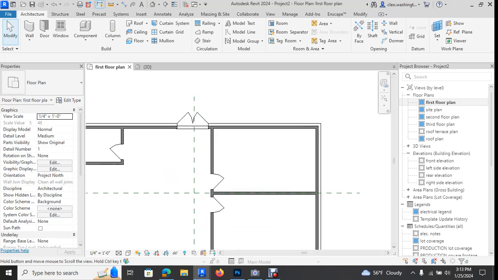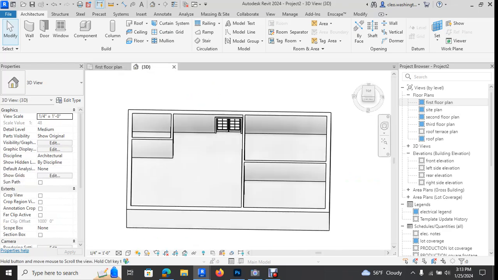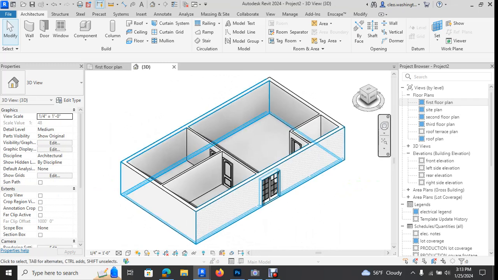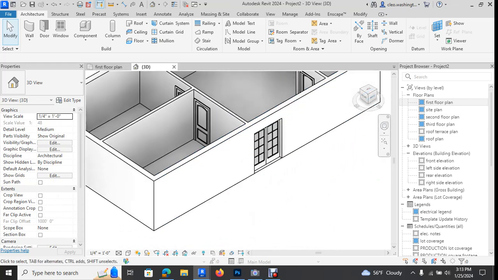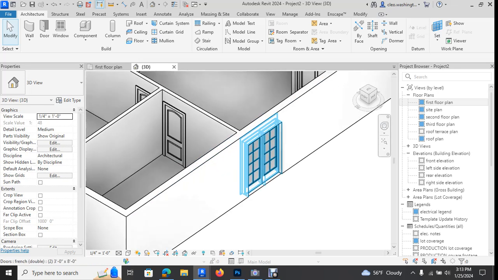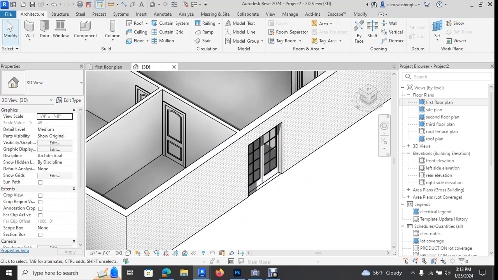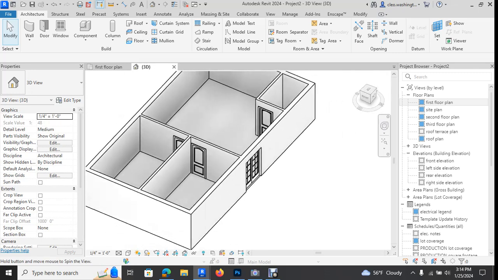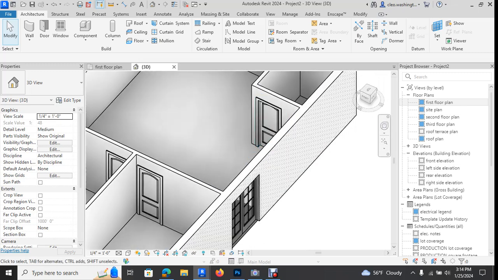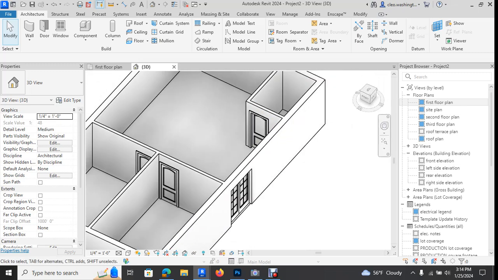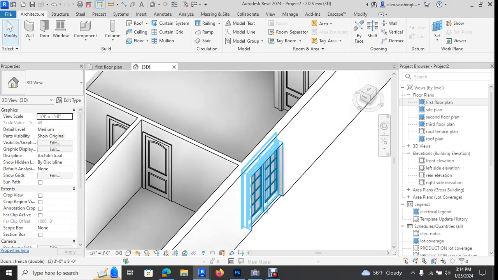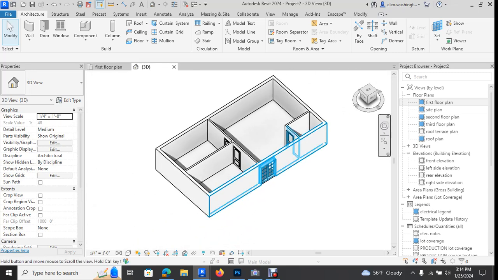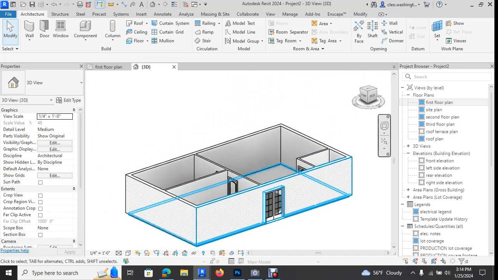So now let's see what the building looks like in 3D. So now you have your doors in, okay? Now if you're not able to get these exact same doors, you can just go with another double door. There are double doors that come set by default with Revit, so you can just be creative with the doors. You don't have to have the same type of doors, but make sure if it's on the interior that you have an interior door, and if it's on the exterior that you have an exterior door, okay? Right, so